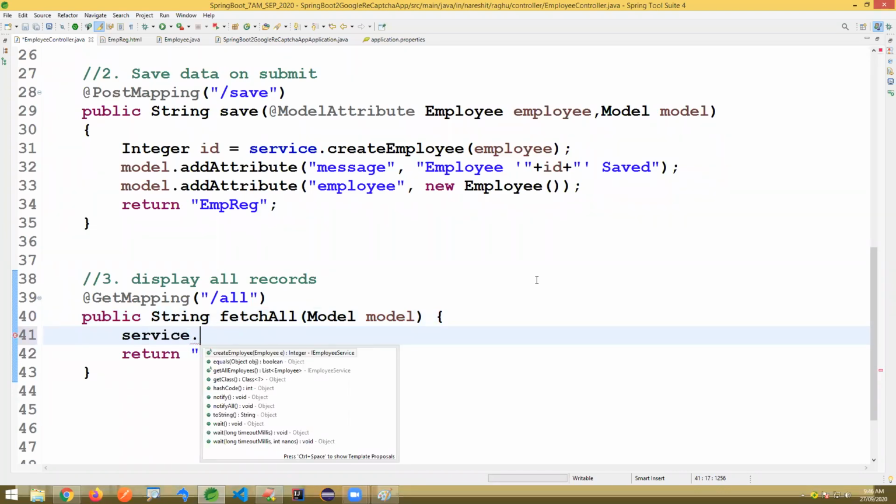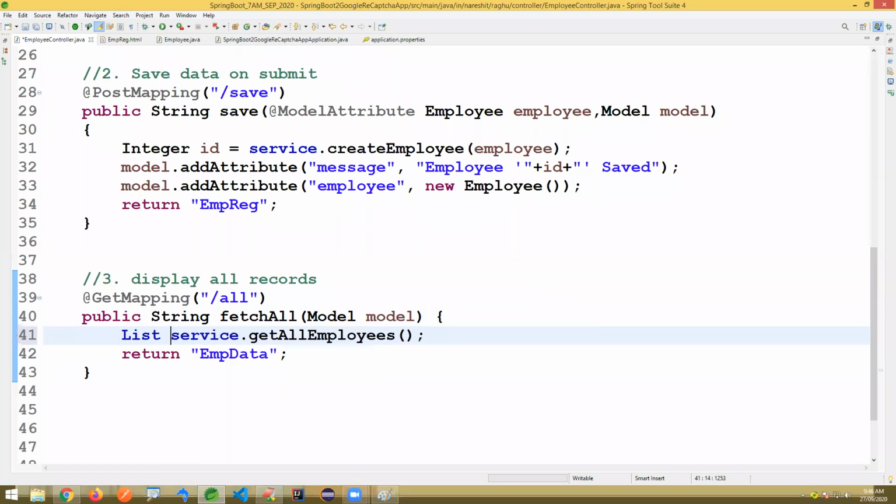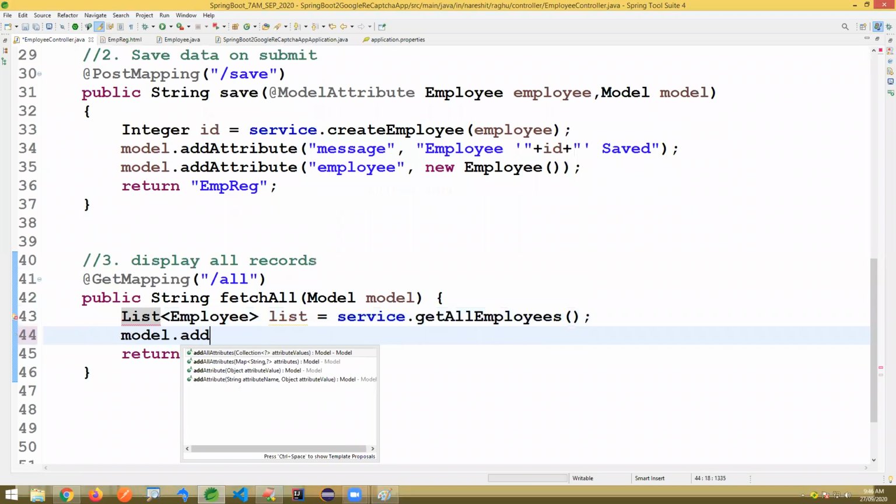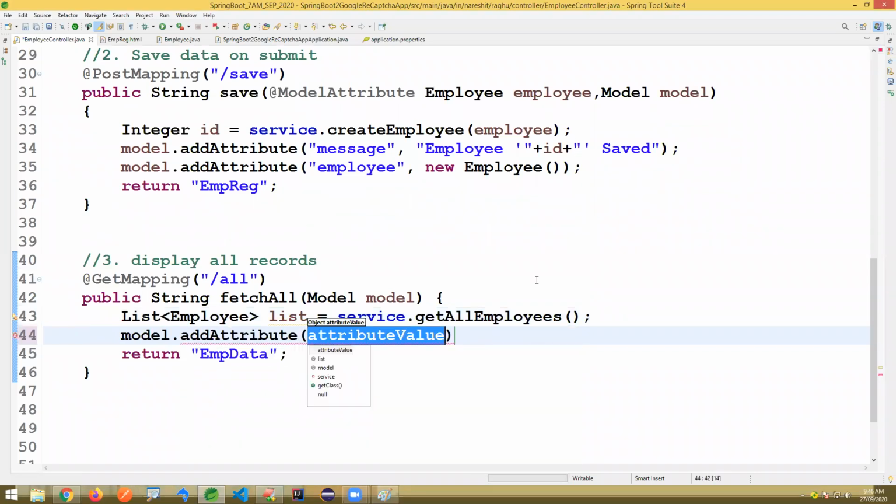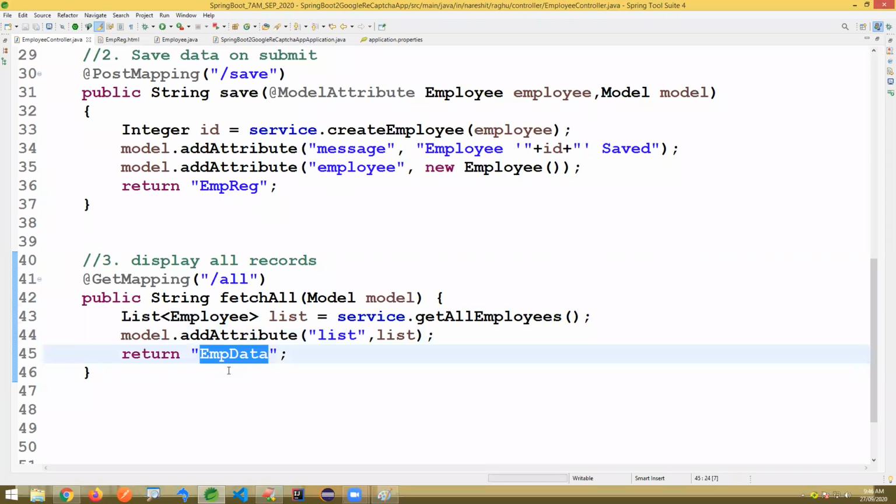Service dot, there is a method I wrote here, getAllEmployees, which returns the data in the form of a list of employee. I'm sending this data back to the UI. It's model.addAttribute, the list, following the same naming convention. And this data I will display at the data page here.